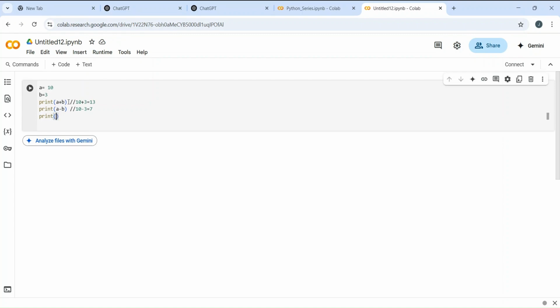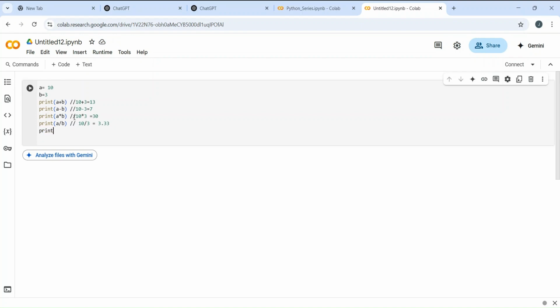Then print of a into b. This is going to do multiplication, which gives 10 into 3, which is 30. Then print of a divided by b, 10 divided by 3, which has to give me around 3.33.